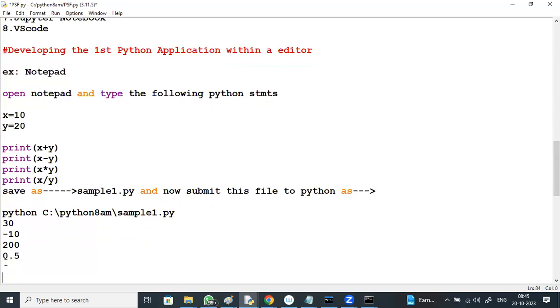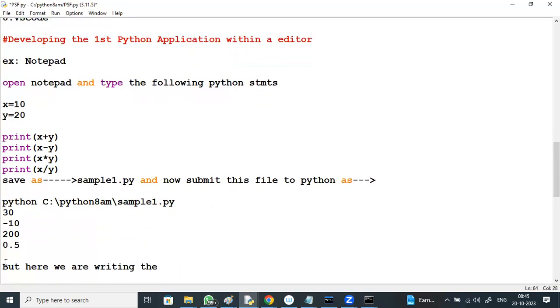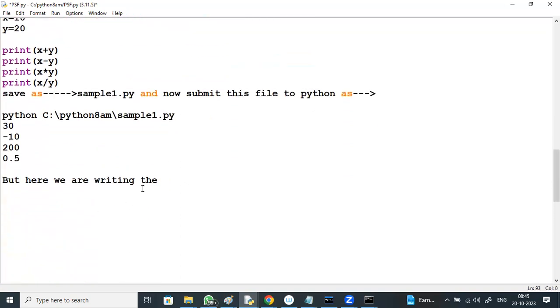Okay, fine. But here we are writing the code at one place, within the notepad, and executing at the other place.